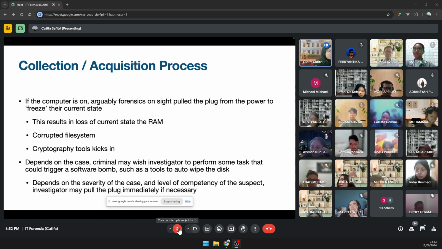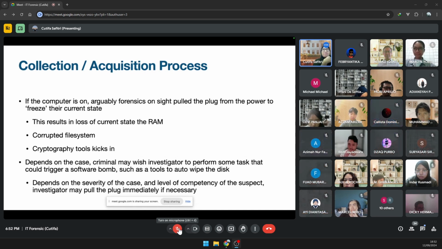What if the PC has some password protections? You have to work. Okay, never ever ever work with the real PC that you are investigating. Never. So what you have to do is make an exact copy of the PC.